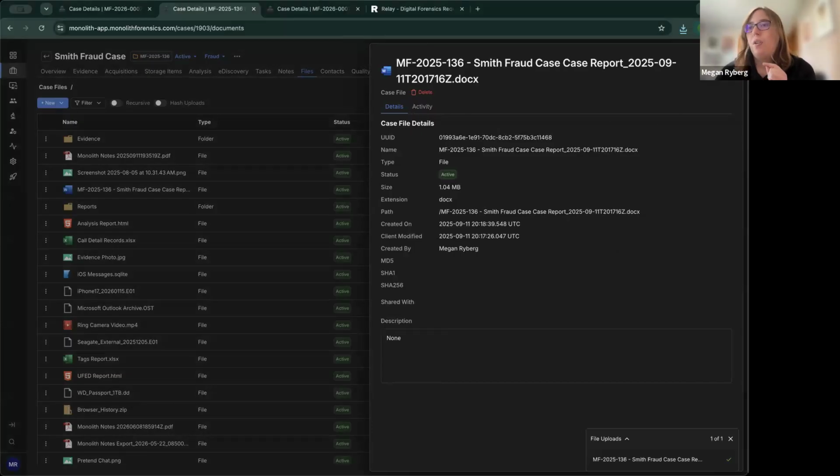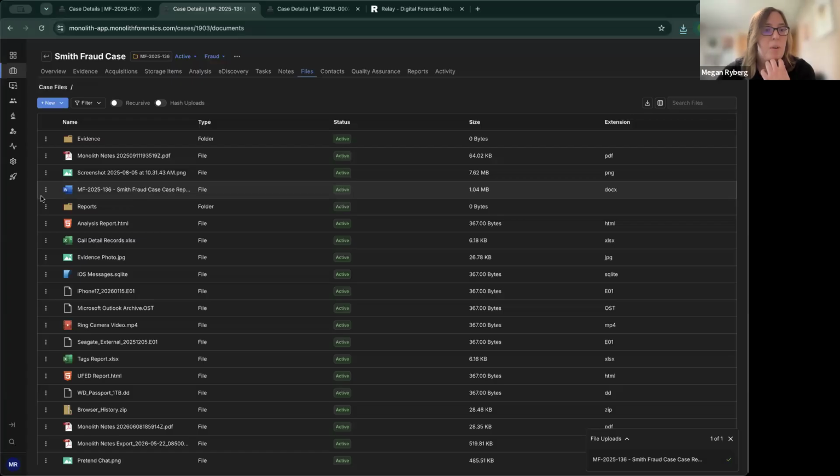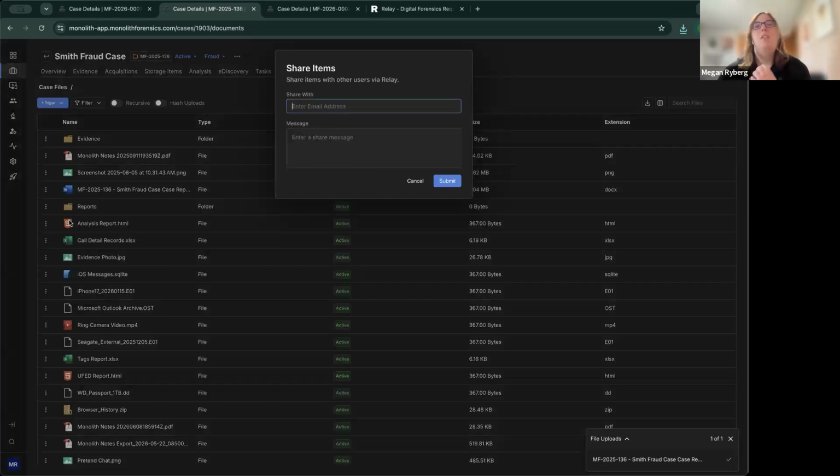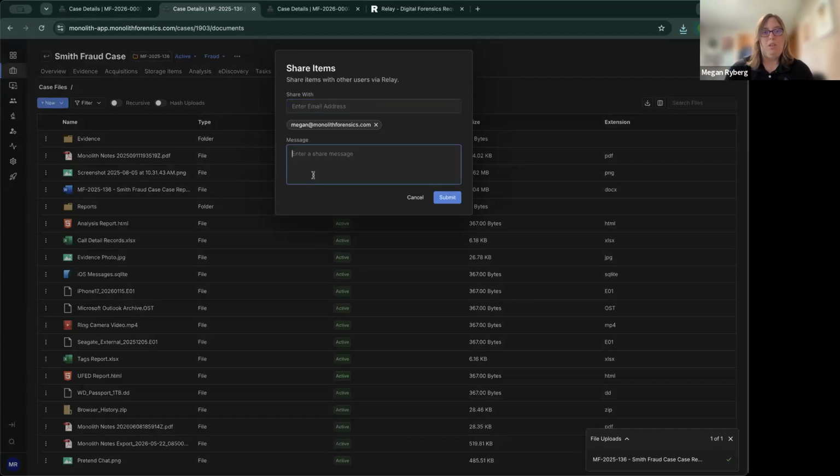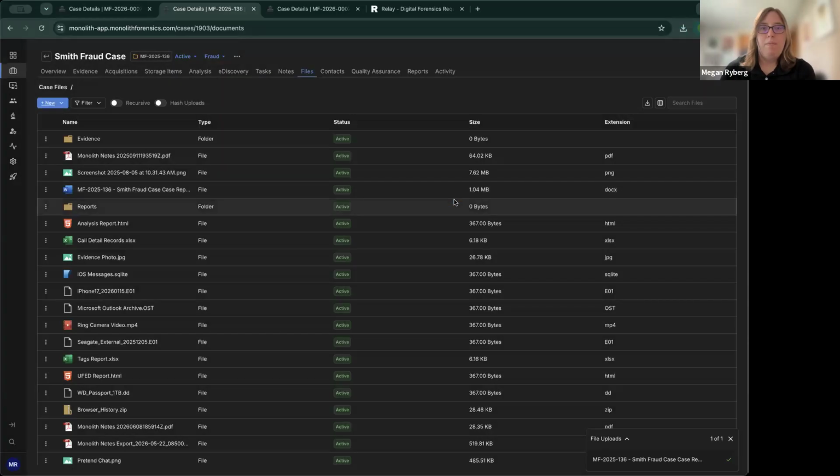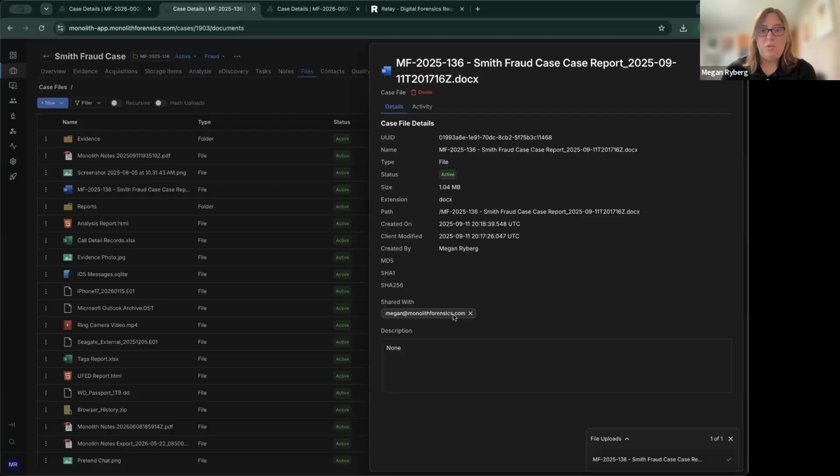Okay. So now that I've got my case report uploaded here, I can click these three dots. I can click Share via Relay. And here we can enter in the email address we want to share it with. I'm just going to go ahead and share it with myself for illustrative purposes. And we can enter a message: Here's an updated case report. And then we can click Submit. And if we look at the details now, on this side, you'll be able to see who it's shared with. And if I pop over into my Relay tab,